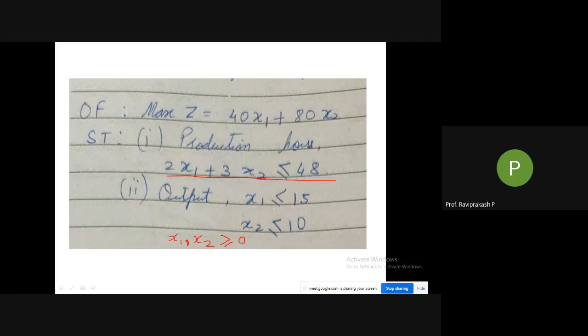So here in output, if you see, one is x1 they have given, the other one is x2 they have given. So what we need to do is, the other point will not be there; we need to draw a straight line. So we need to take x1 is equal to 15, x2 is equal to 10. I'll go to the answer now.